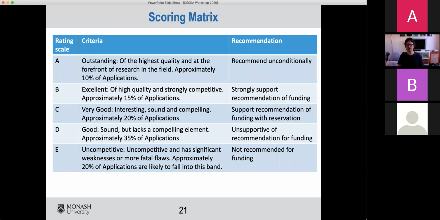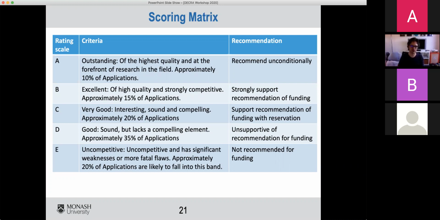And then there's a scoring matrix. So under each of those criteria, the assessors will provide a score, a rating. That rating is from A to E, and it breaks up by percentages that should fall into those bands.